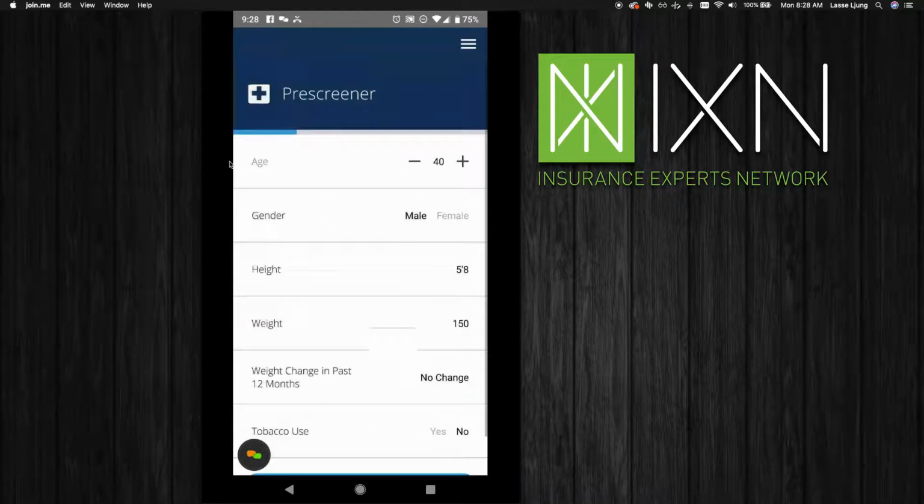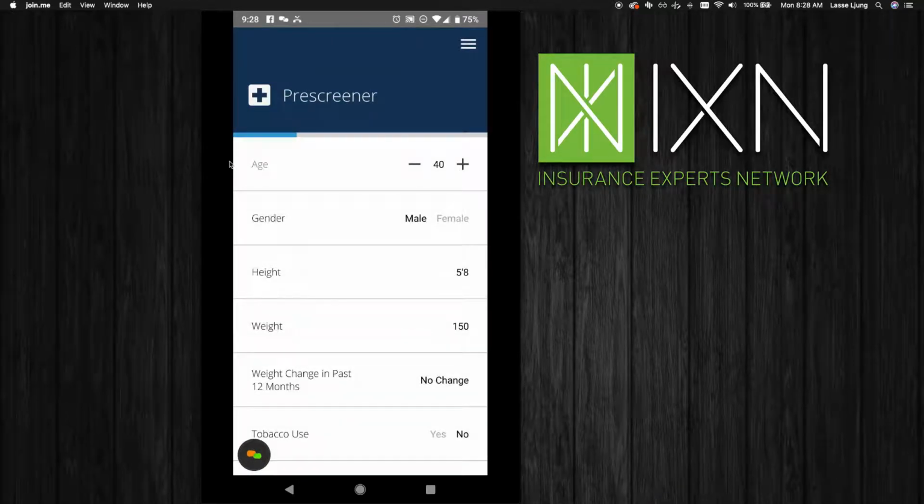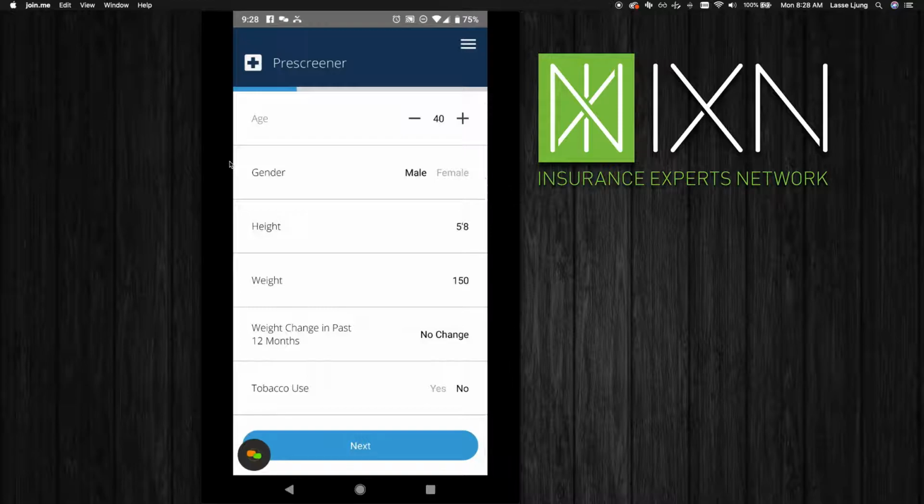There's special health circumstances that they need help with. This is a contact form that we've developed to basically be able to submit that client's information to you. There's no PII in here. There's no way this is connected to any client. It's just general information. So they put in the age, gender, height, weight, weight change in the past 12 months,